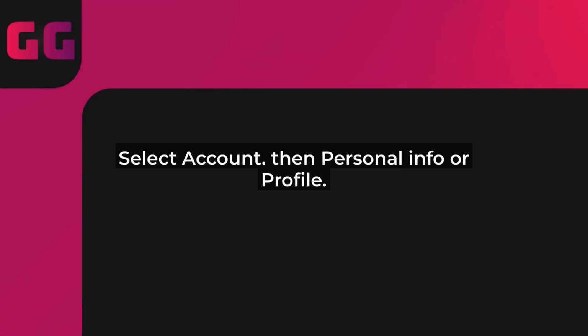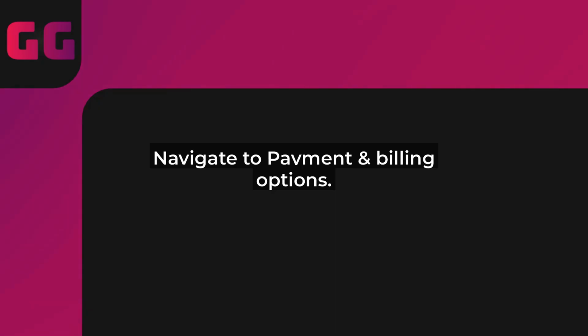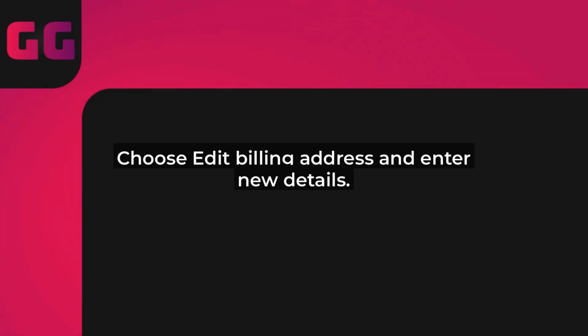Enter your new billing address carefully. Double-check the street, city, state, zip code, and country to avoid any verification errors. Xbox might ask you to confirm with a code sent to your email or phone, so keep an eye on that. Once everything looks good, hit Save or Confirm. Your changes should take effect immediately, but if you're making a purchase, it might require a quick verification.